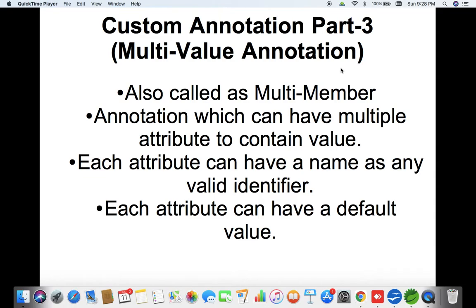Whenever we supply a default value for an attribute, remember this important point: the default value is specified for optional attributes. If it is a mandatory attribute, then we cannot provide any default value. I'll give you the example.